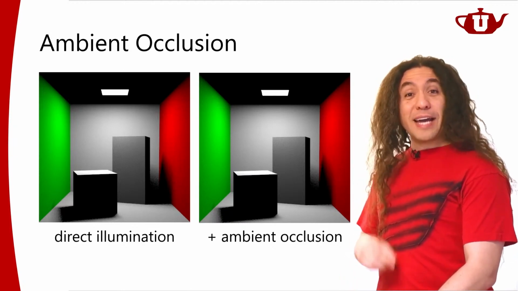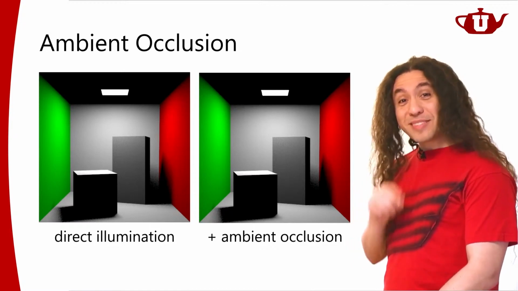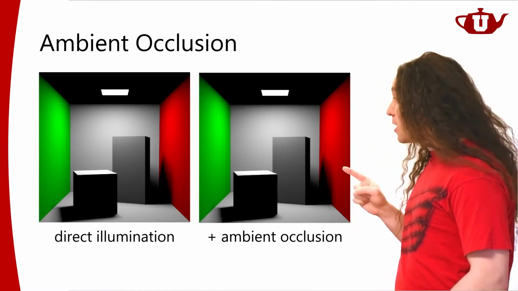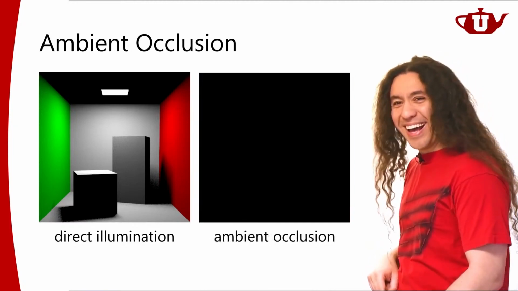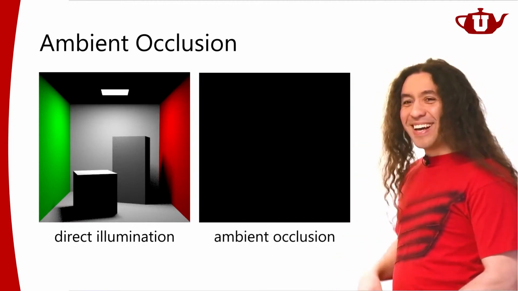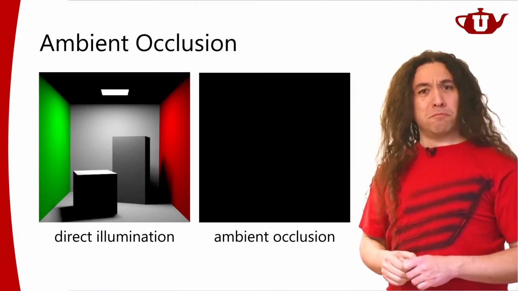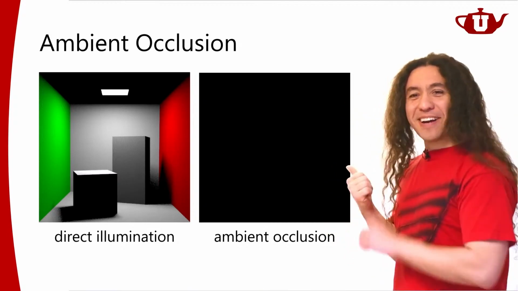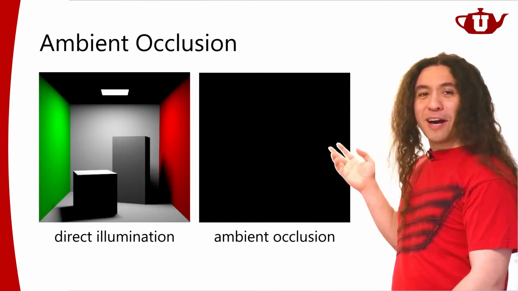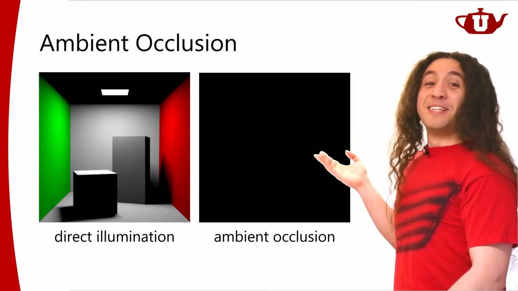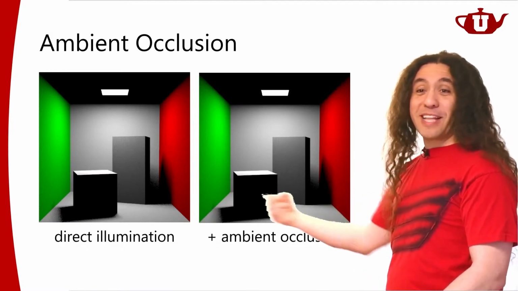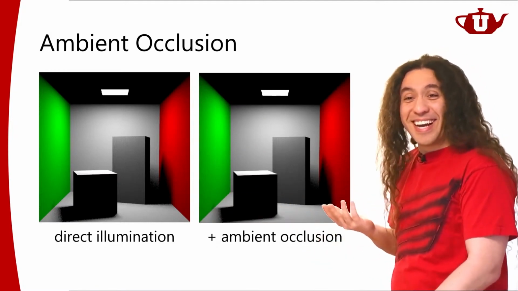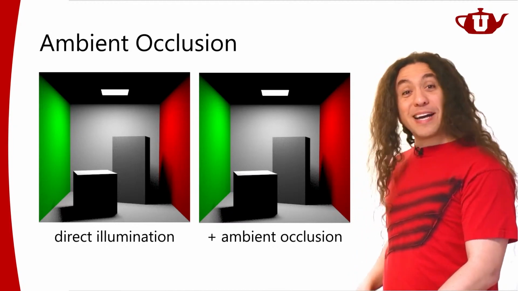If I just show you that ambient occlusion term, just the ambient occlusion term, for this scene, the ambient occlusion term is this. It's black. Everything is fully occluded. What? It's not very helpful, right? Obviously, if I apply this ambient occlusion to my ambient, I get exactly the same image that I was getting before without it. It's not very helpful. So why is this happening?